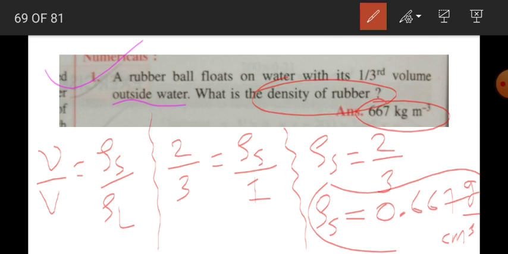So this is the formula which we have to use. I hope you understood this numerical. Like I said, we solved it during the lectures, but most of you were absent, so I thought let's record it once again. Do practice these types of numericals. Let's keep it simple. Okay, thank you very much.